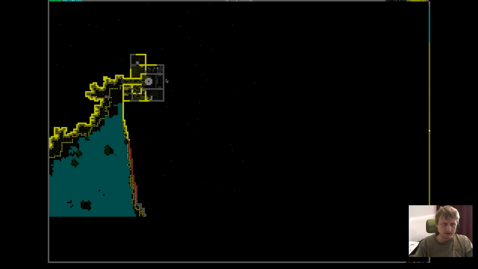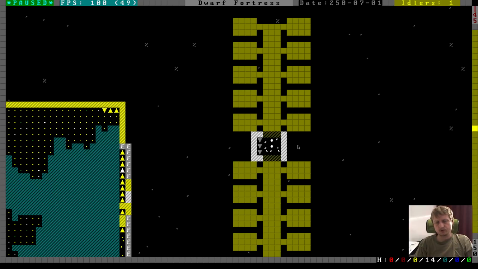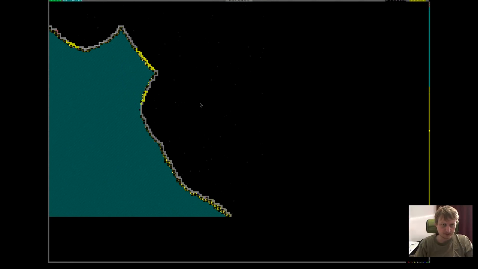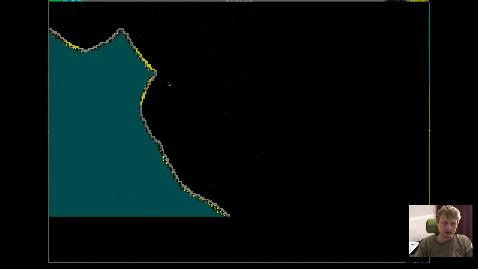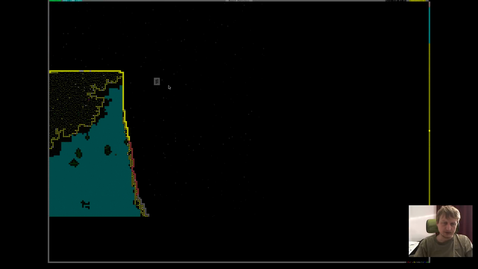I'm not sure we want that. Also, this might be a bad concept here, this ramp leading up. Well, actually not. So we could have a stairwell here, and we would end up, well, not really where we want. Well, if we have a stairwell starting here, 3 by 3, yeah. Well, we could have it